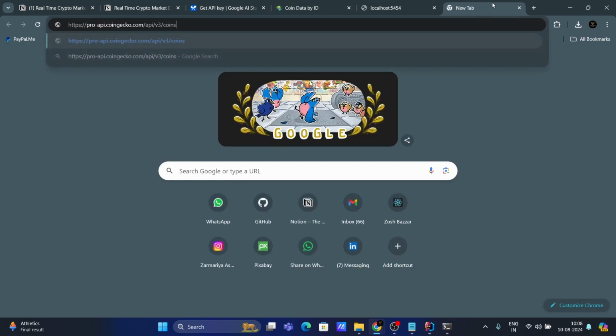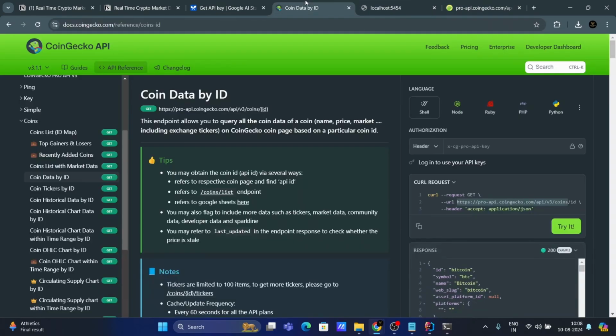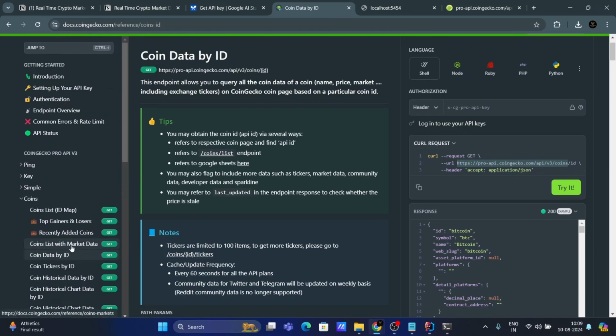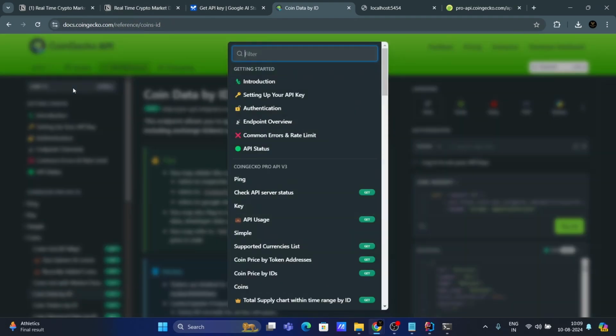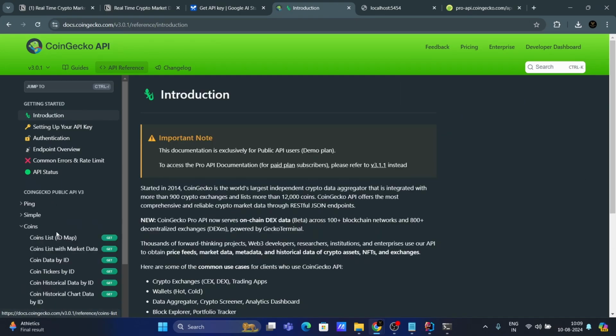Copy, and let's give here Bitcoin. Error message, API key is missing, so let's give it API key as well. Where I need to give the API key? Okay, let's change the version. It's public. And now let's go to